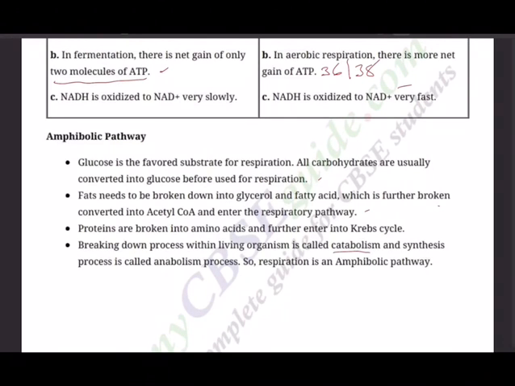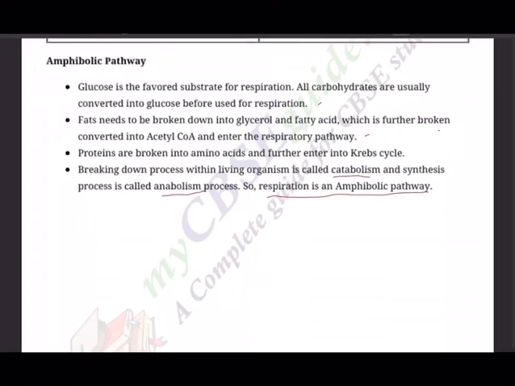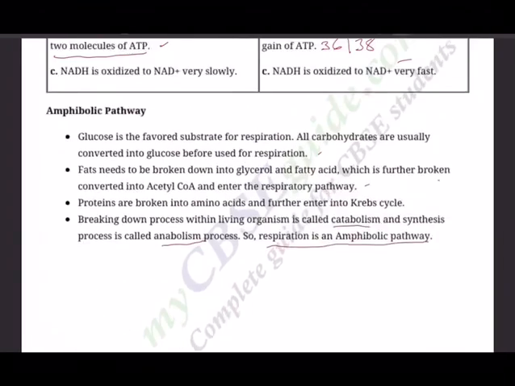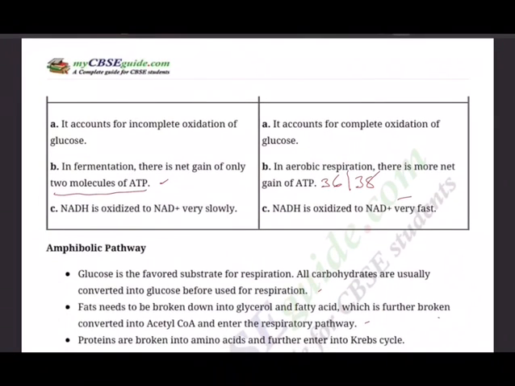The breaking down process within living organisms is called catabolism, and the synthesis process, making, is anabolism. Since respiration involves both catabolism and anabolism, it is called an amphibolic pathway. Hence, through respiration, we are getting a lot of energy. Thus, it is always beneficial for us to have lots of glucose. Hence, our effort should be to have